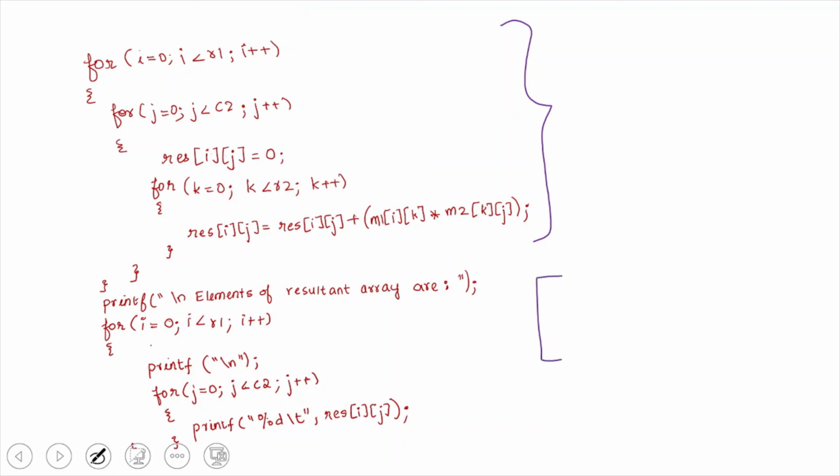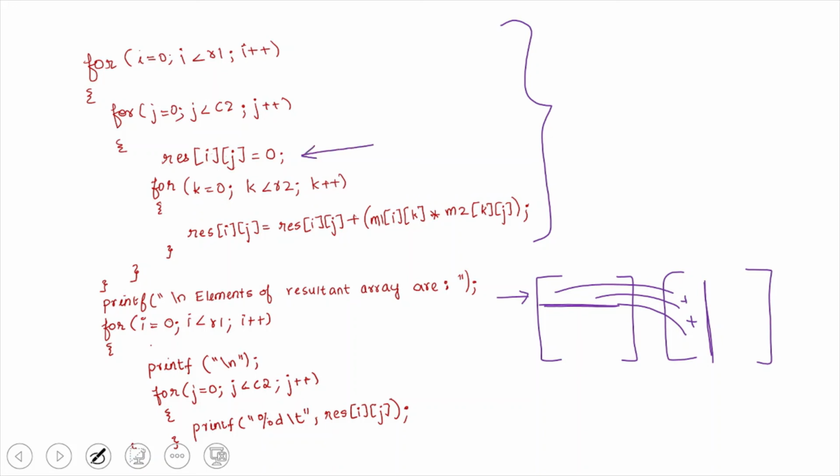Remember that while you're multiplying one row with one column, every time you start, you are going to multiply each element and add it to the corresponding result. So every time you start with a row, you will have to make that result equal to 0. And it is to that result you are going to add these elements. So because of that, we are going to set this equal to 0 and we are going to add the multiplied elements along with it. So that is shown by this method.